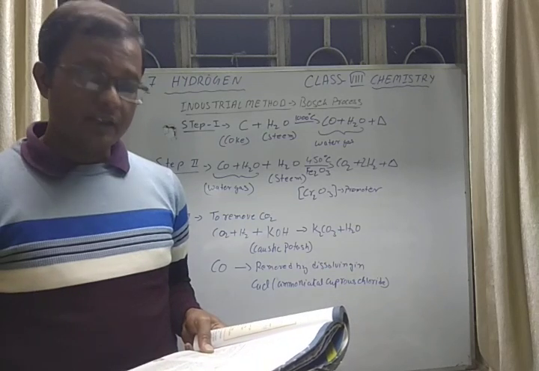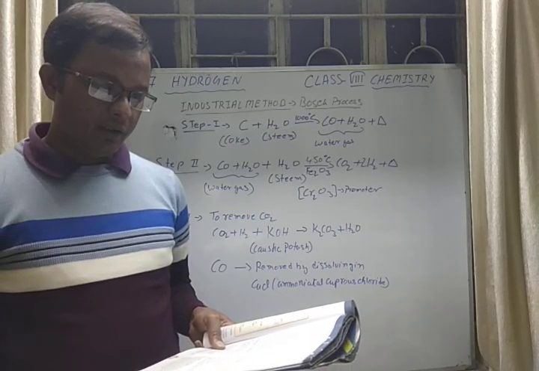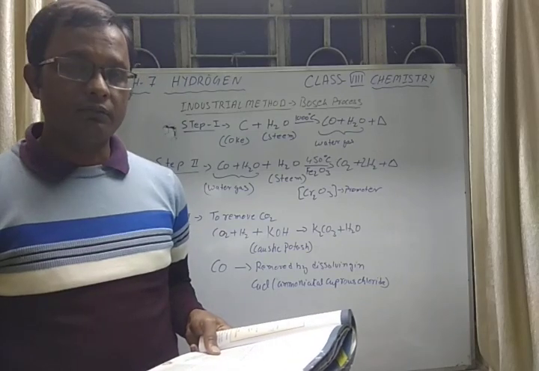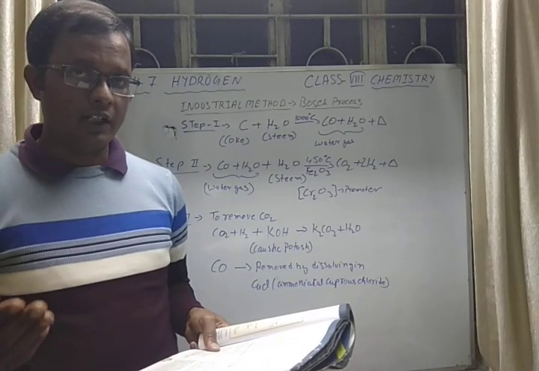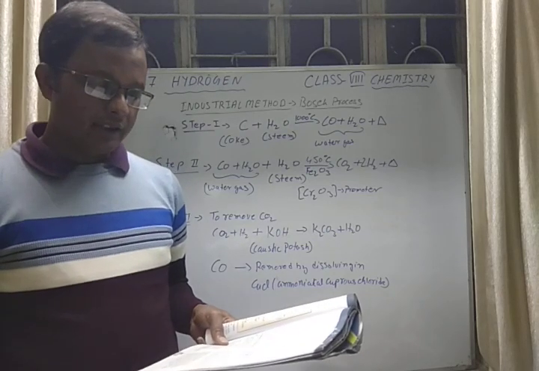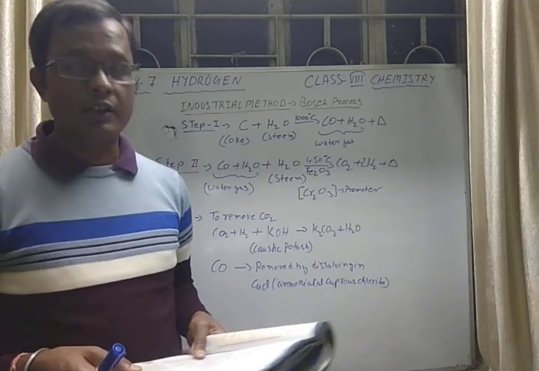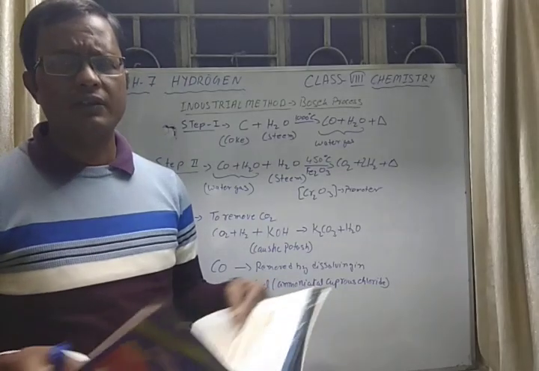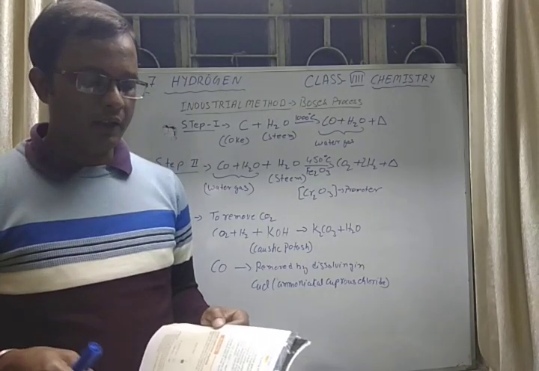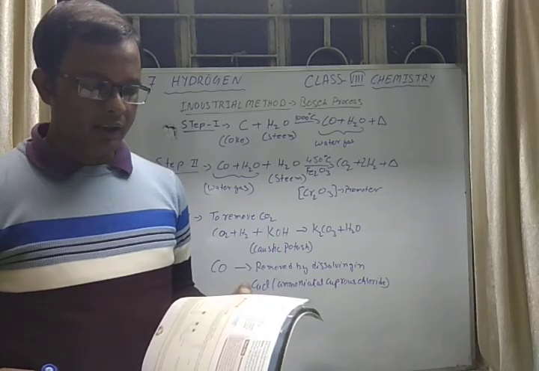So hydrogen is much lighter than air, but it is not collected over air. It is because the reaction of hydrogen and oxygen from the air is very explosive. So hydrogen is collected by downward displacement of water because it does not react with water and it's very slightly soluble in water, or you can say not soluble in water. So this is all about the physical properties.